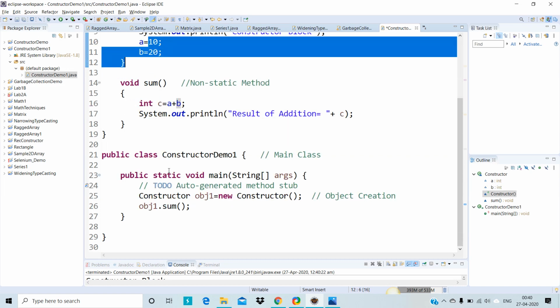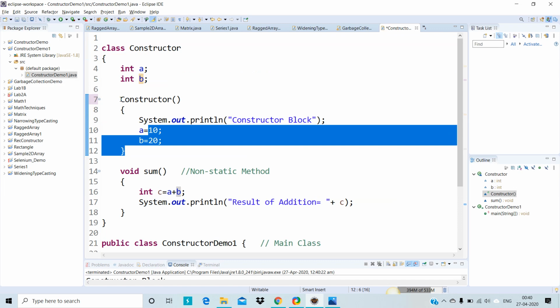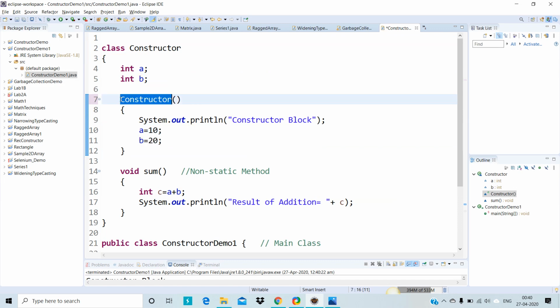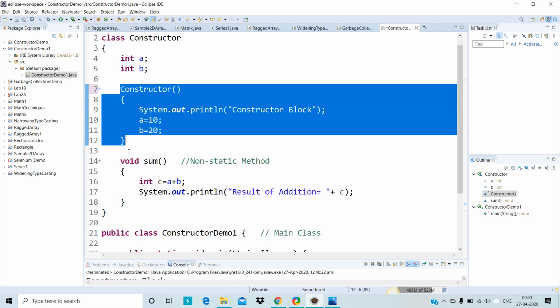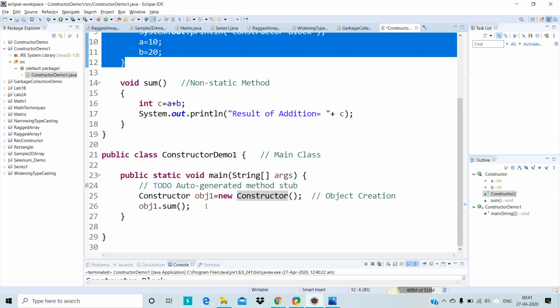A constructor should not have any return type. You shouldn't use primitive data types like void, int, char before the constructor name. It's a specialized method used to initialize the variables or the objects.